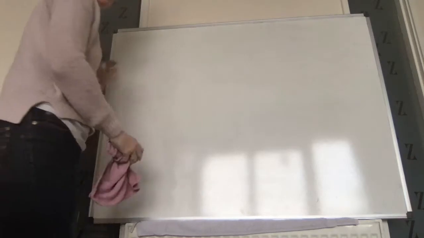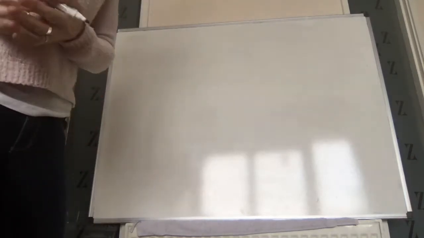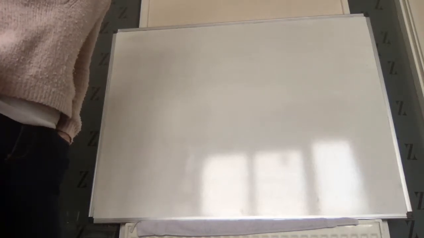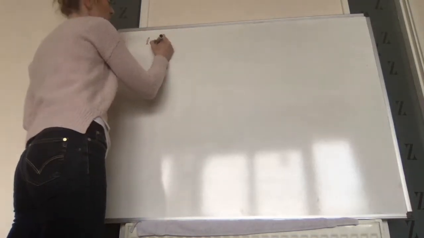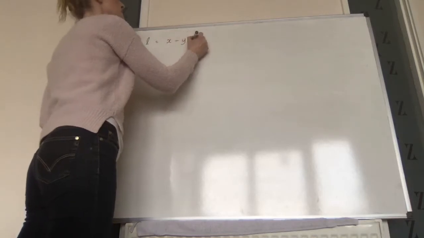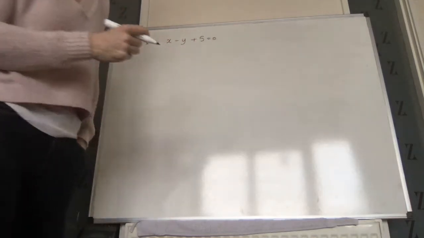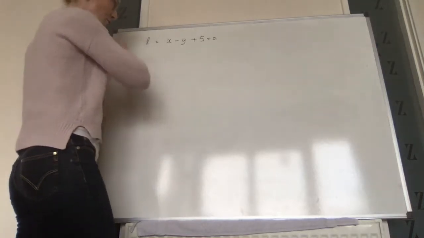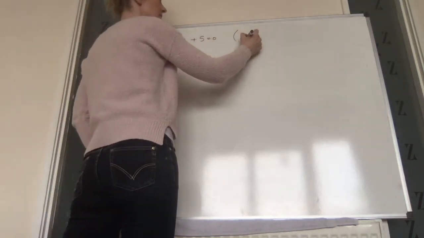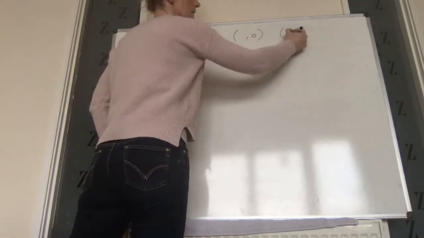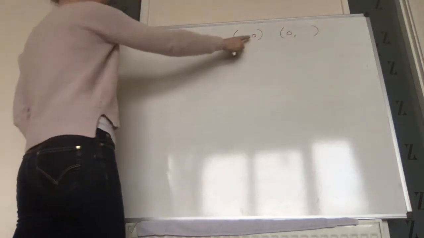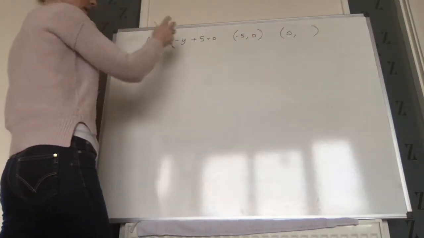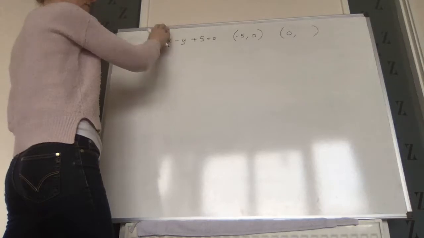Part B. Find the coordinates of the points where L cuts the x-axis and the y-axis. L was the line x minus y plus 5 equals 0. Let me double check that. We want to know where it cuts the x-axis and the y-axis. It cuts the x-axis when y is 0, and it cuts the y-axis when x is 0. So when y is 0, x is -5, and when x is 0,